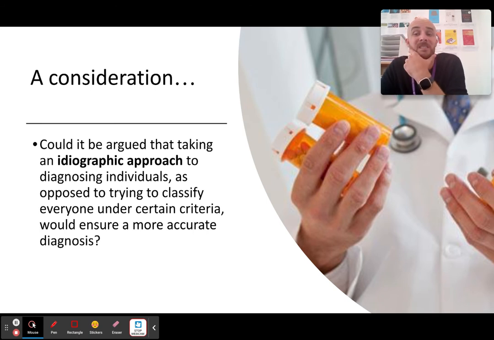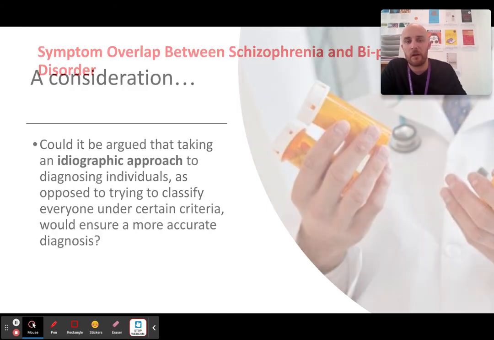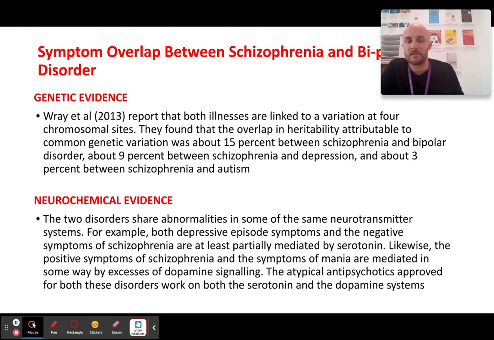So in terms of discussing this, what you kind of need to do is be able to argue that maybe an idiographic approach would be better. What we mean by an idiographic approach is a case-by-case judgment on the diagnosis instead of referring to DSMs and manuals and going on nomothetic laws. So an idiographic approach would absolutely be better. Now, there are a couple of pieces of evidence here that you do need to know.